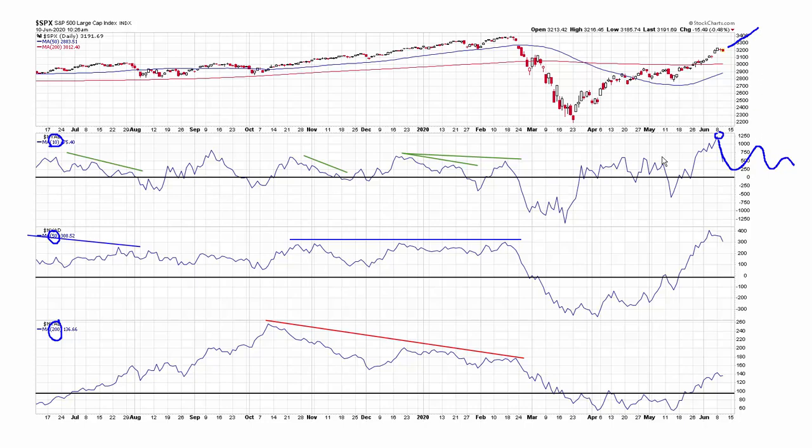So high prints are a sign of strength, and you want to be on the right side of the market there. Now, backing up, I'll look at the 50-day moving average. I get most of my signals from the 10-day, but I'll look at the 50 just to get some confirmation. And you can see here, when the 10-day oscillates up and down, when you get dips below here, notice